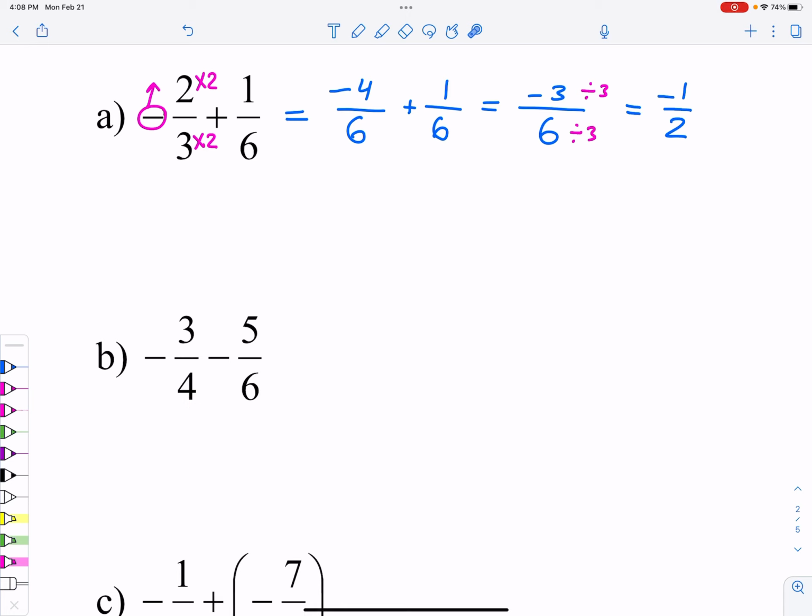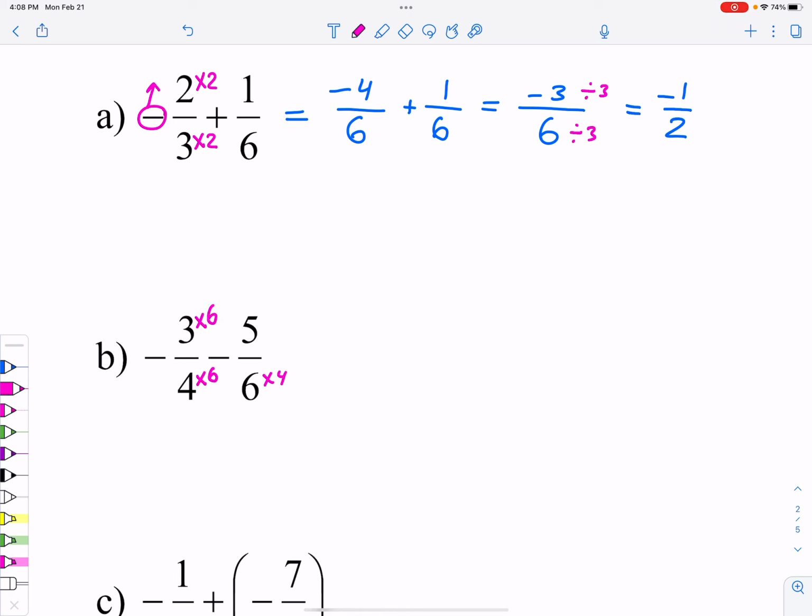So kind of like a fail-safe method: if you don't know what a common denominator would be, you can always just multiply them by each other. So I could multiply this side by 6 and this side by 4, and automatically I'll end up with a common denominator. Okay? So whatever you do to the bottom, you have to make sure you do the same thing